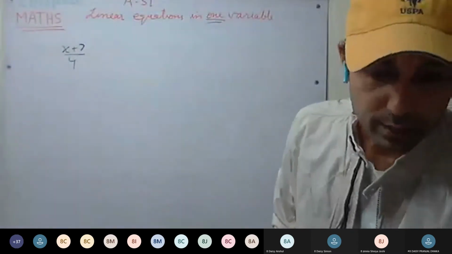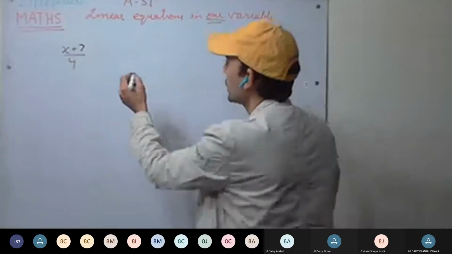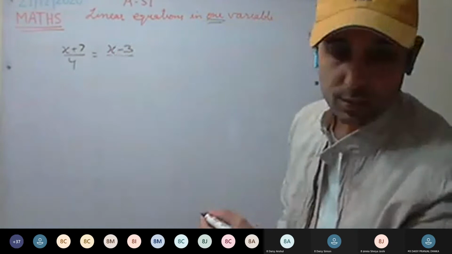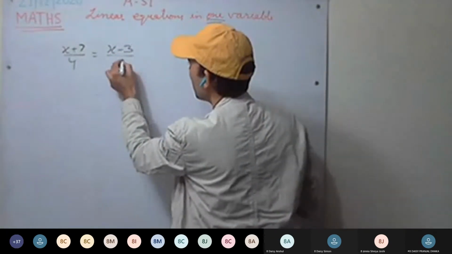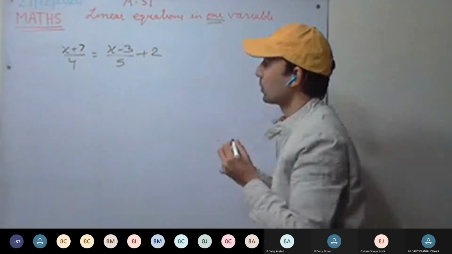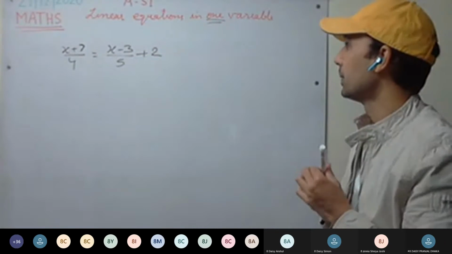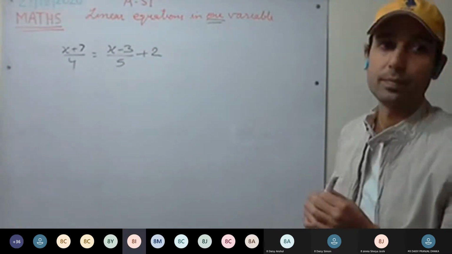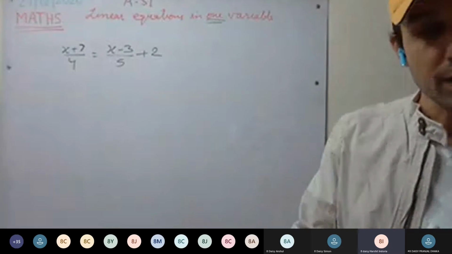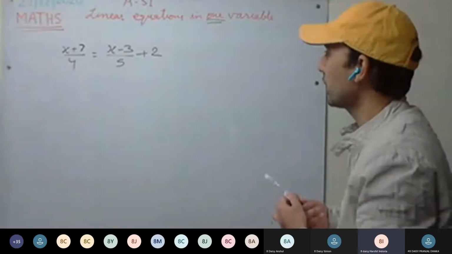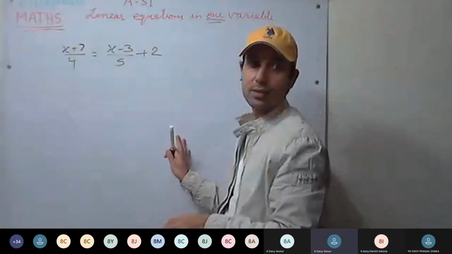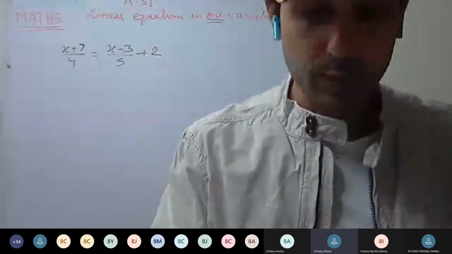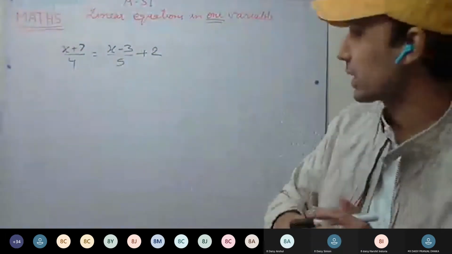Okay, x plus 7 divided by 4 equal to x minus 3 divided by 5 plus 2. So how are you going to do it? Sir, if we completed third, we can do fourth. Yes, keep doing. Sir, for fourth, the first answer is coming 7 upon 4. Some mistake you may have made, I will check that one.